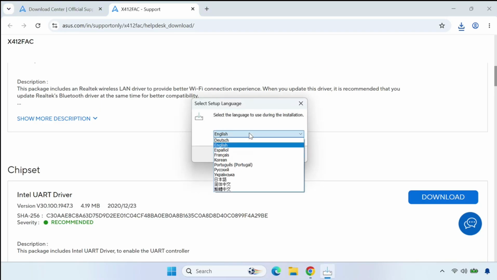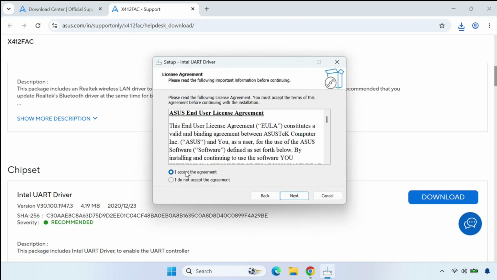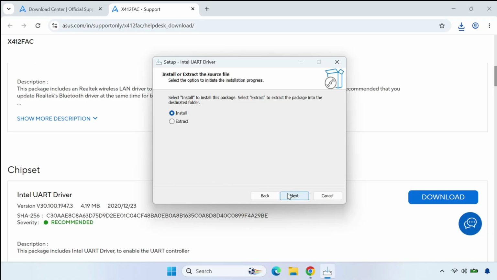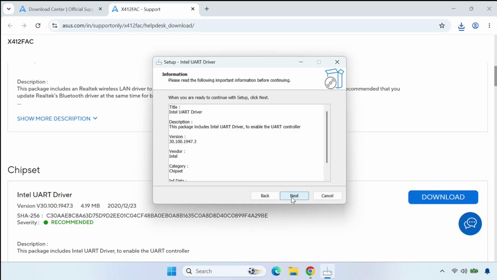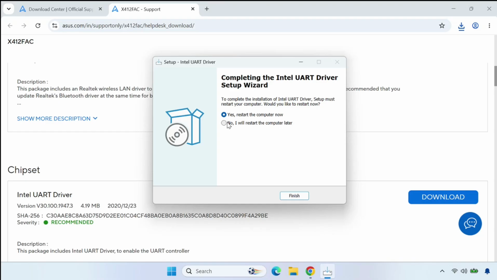After that select the language and then click OK. Then next, I agree. Then next, select install. You can extract and you can install directly, so select install. Then next and install. Now this is extract, so it is install, and then finish it and then